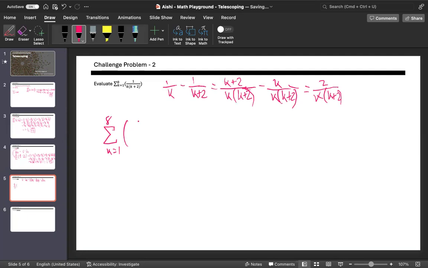sigma of half of 1 by k minus 1 by k plus 2, which is equal to, we can take half out common because that's what we're multiplying all of them with. So then we have